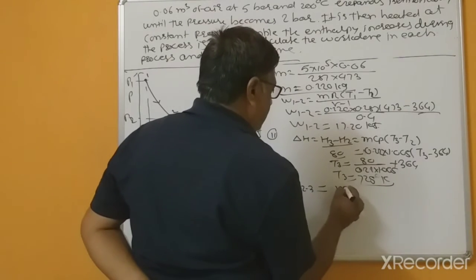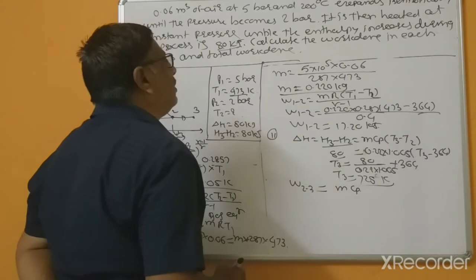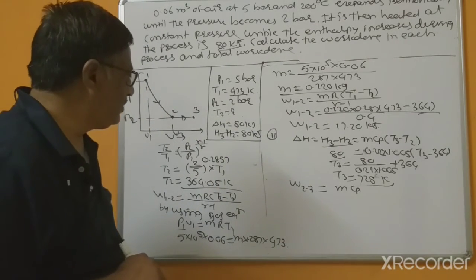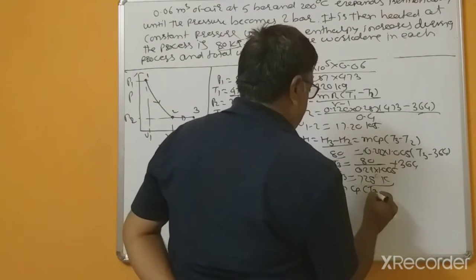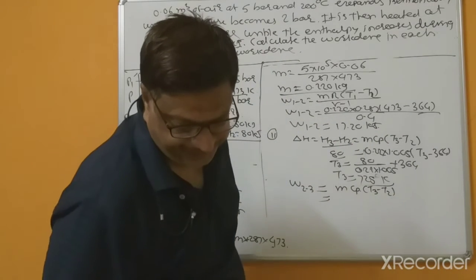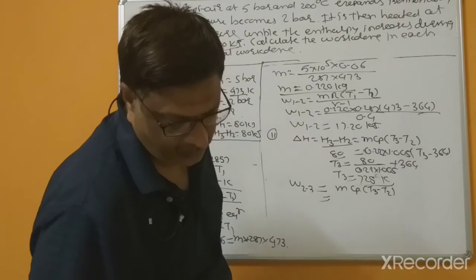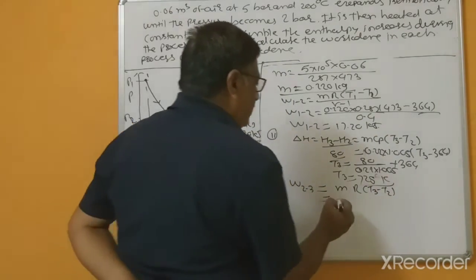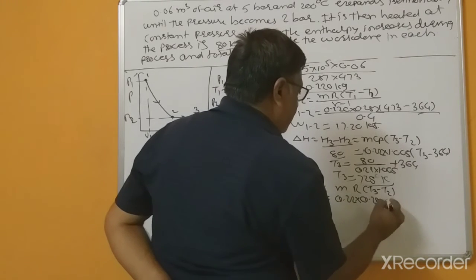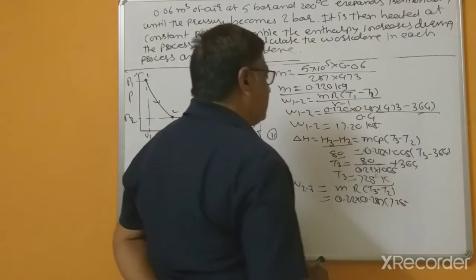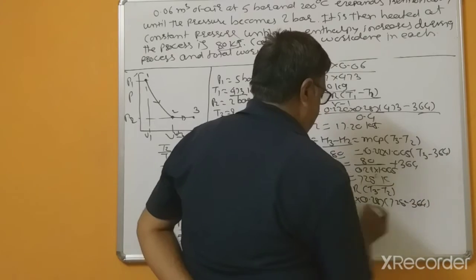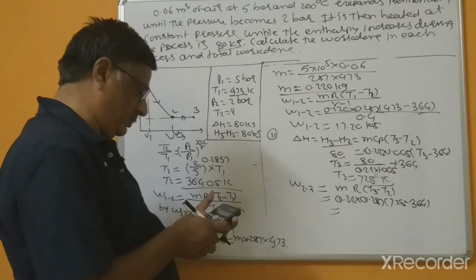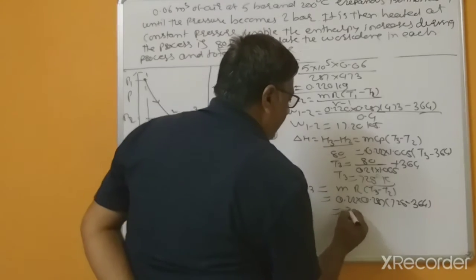Because this process is a constant pressure process, we have to use mR, m Cp into T3 minus T2, or means this is constant pressure process, so we have to use R. 0.22, this is 0.287, T3 temperature 725 minus T2 temperature 364, into 0.287, and this is 22.84